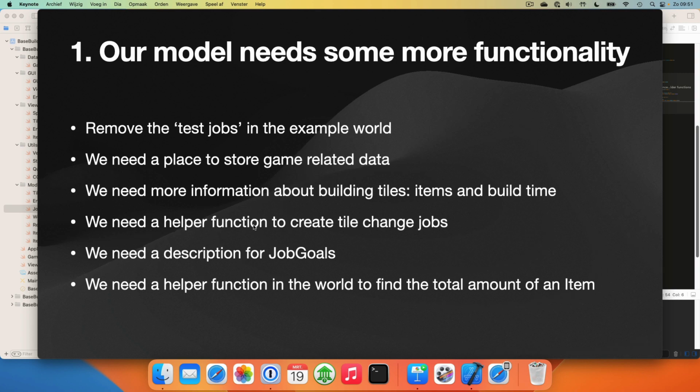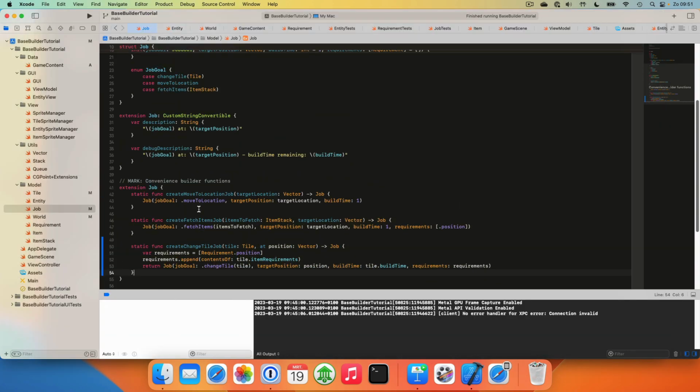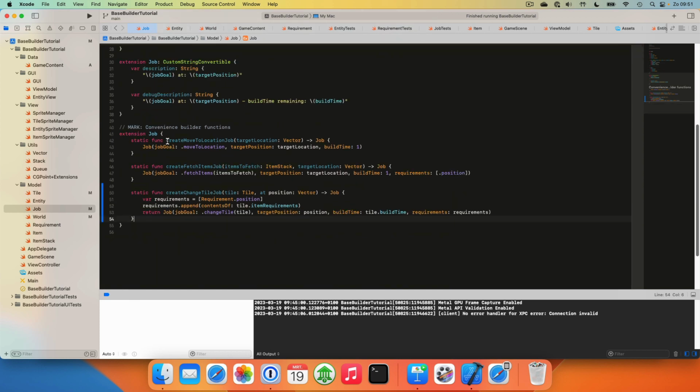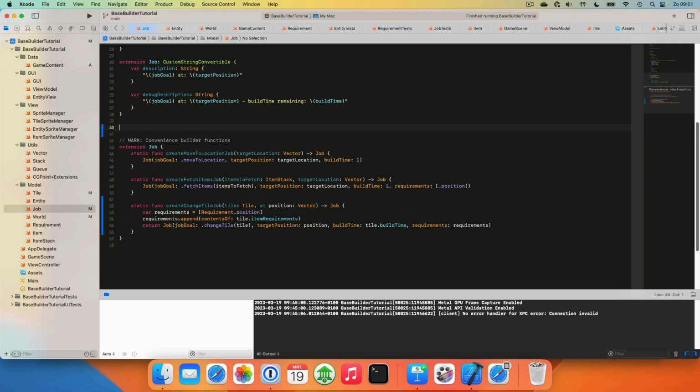That's not all we need. We also need to have a description for job goals, and the reason why we want to have a description for job goals is that it makes it easier to create a nice looking menu later, because then we can use the description as a sort of text to show in our selection menu. So we'll create an extension on the job goal, and this